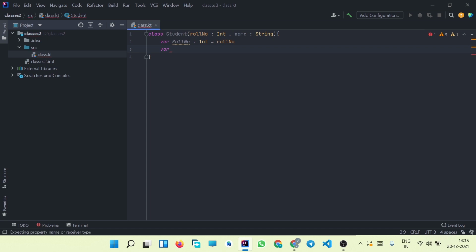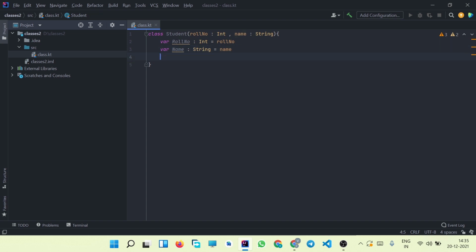We'll create another attribute called name, of string type, which is again going to have the string which will be passed at the time of declaration of the instance of this class, and which will be copied in this variable, and we'll simply store it in this attribute.